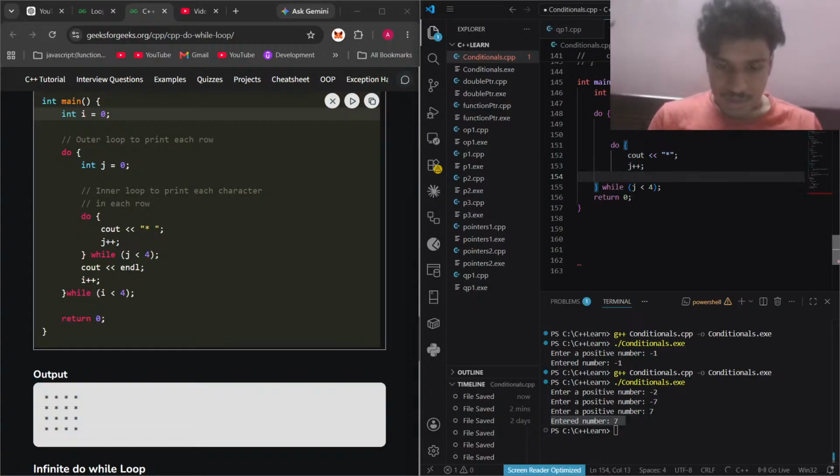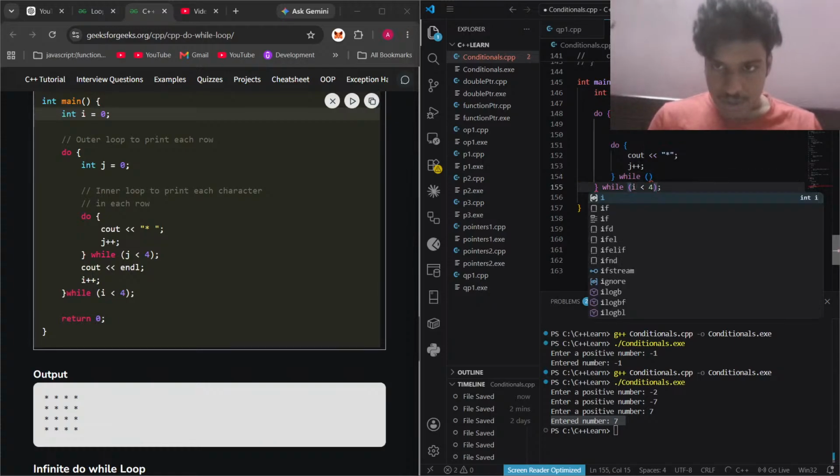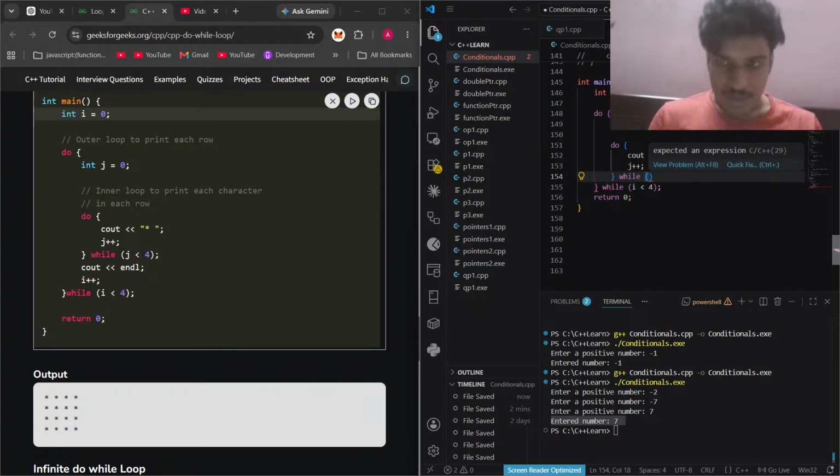Because it's the inner loop, we didn't write a while. So while again you have j here, it is actually the outer loop, it is i less than 4. So for the inner it is j, so j less than 4,